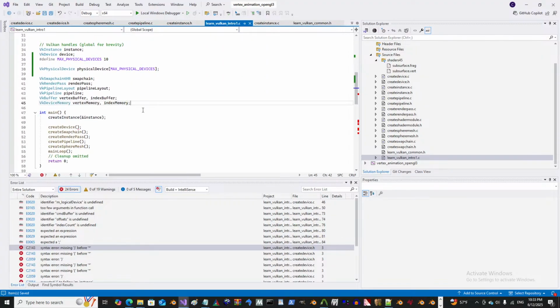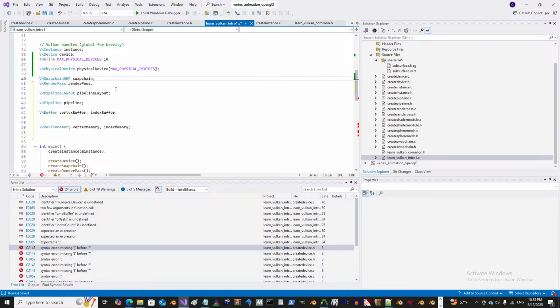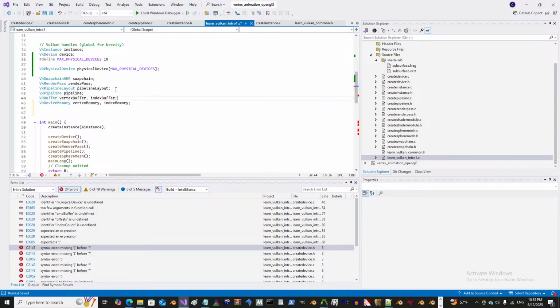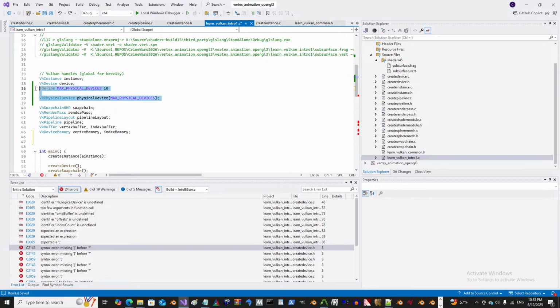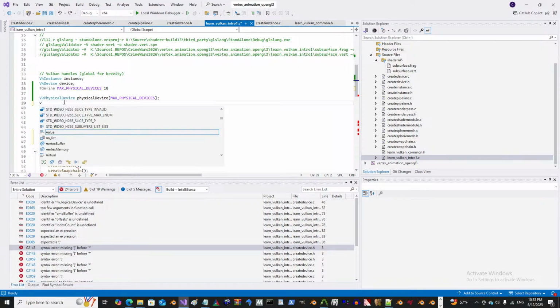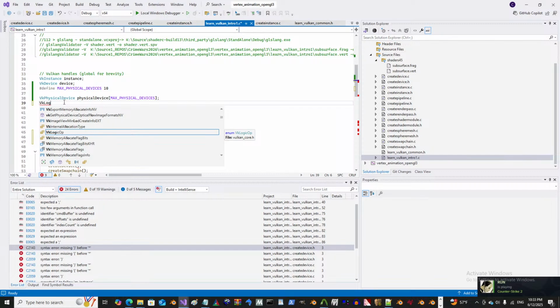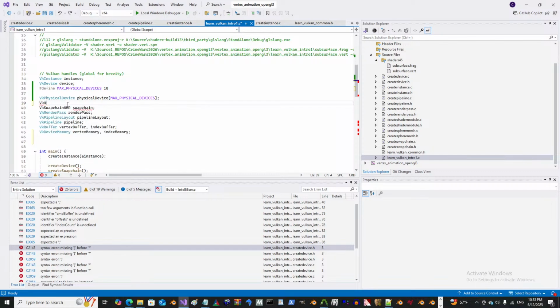It's making our code bigger though, which I don't like. How do we make our code smaller now? Oh, make it smaller. I guess VK logical device. Well, I know how to find it. Let's go to the function